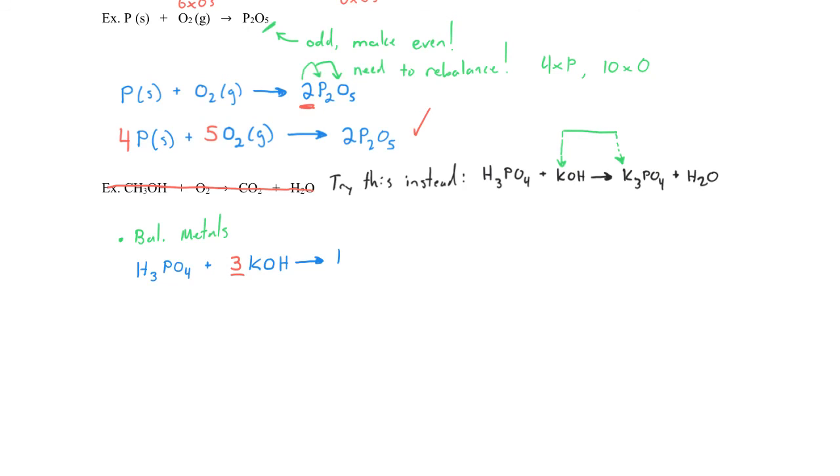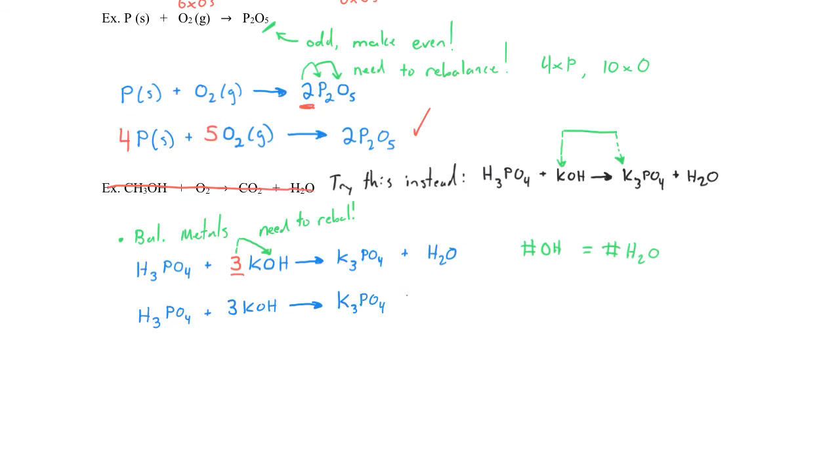Okay, so let's write out the rest of the equation and then figure out where to go next. Potassium is now balanced. Notice that when I balance potassium, though, it has an effect on the number of hydroxide that is present. So I need to rebalance that part of the equation next. And remember this tip I showed you, that the number of hydroxides should be equal to the number of waters on opposite sides of the reaction. So if I have 3 hydroxides on the left, I should have 3 waters on the right. That's what I'm going to fix next. I'm going to change the coefficient in front of water and make it a 3,